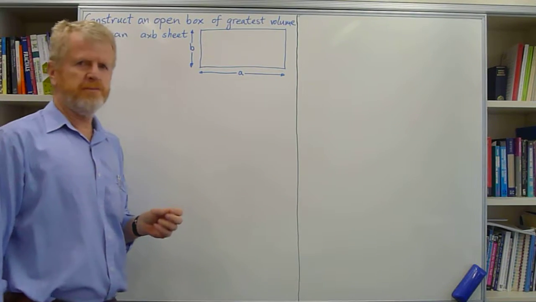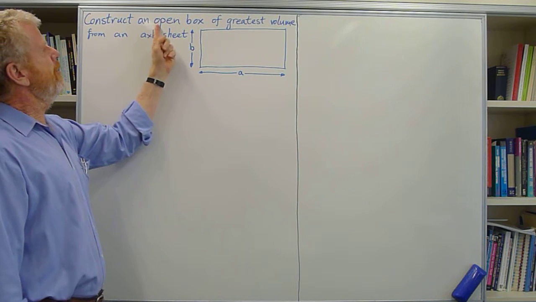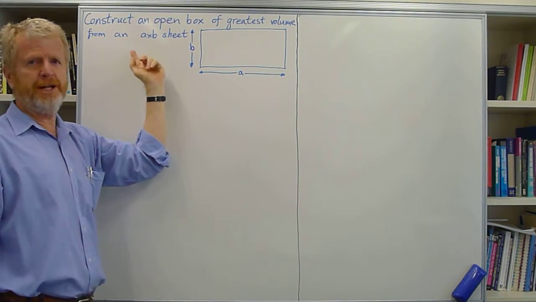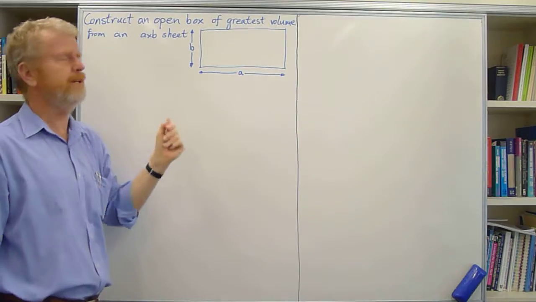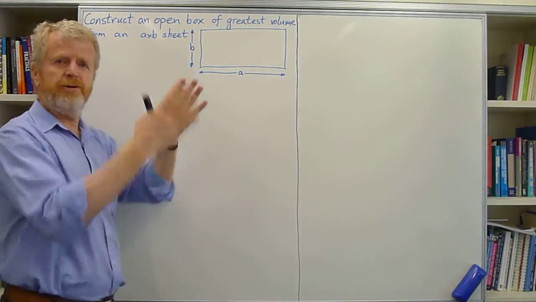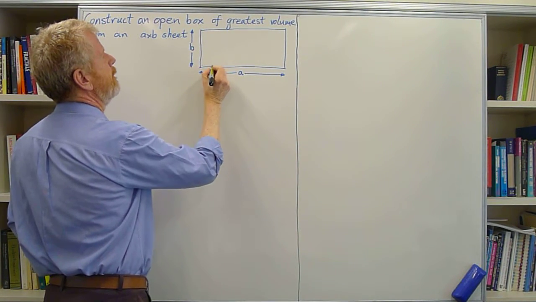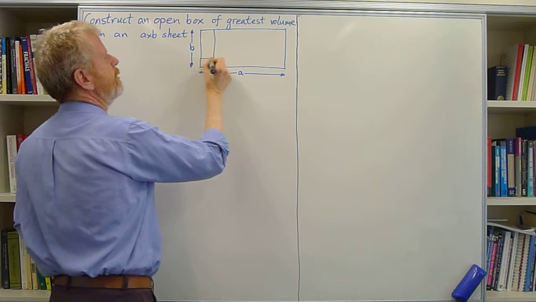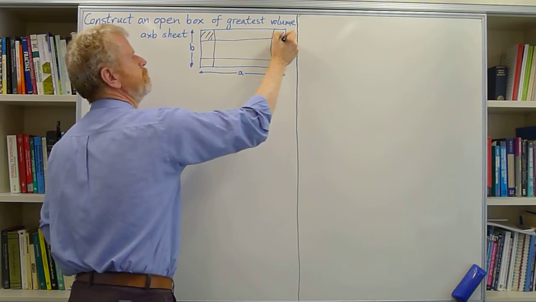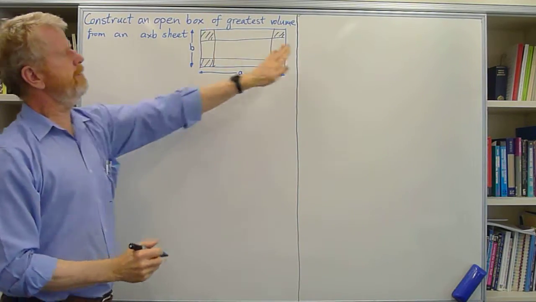Right, as a first revision problem, let's look at the task of finding the open box of greatest volume that you can construct from an A by B sheet of, say, cardboard, like this, by cutting out the corners and folding up the sides. So let's suppose we cut out the corners like this,